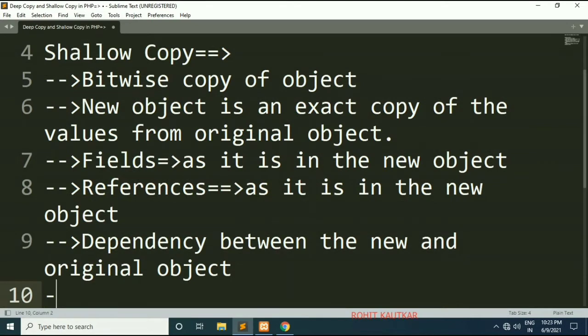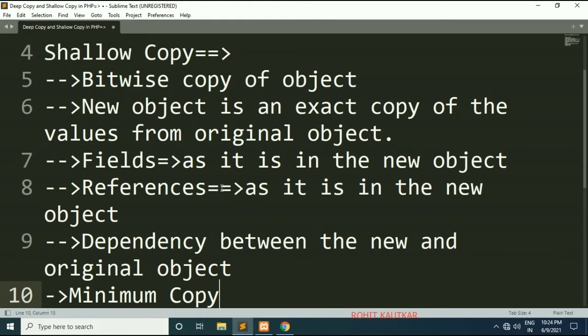So shallow copy is also called minimum copy, where the fields of the original object are copied as it is into the new object and references are also copied as references within the new object. So instead of copying the object of that reference, we are copying the reference as it is. That's why it is called shallow copy or minimum copy. And here there is always a dependency between the old object and the new object.